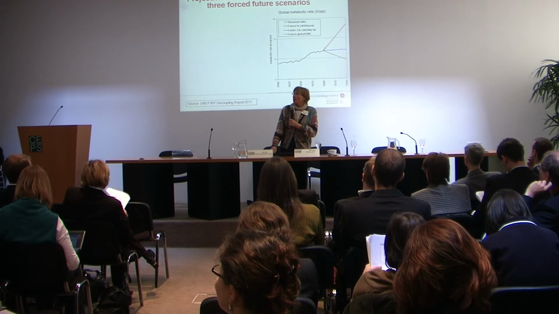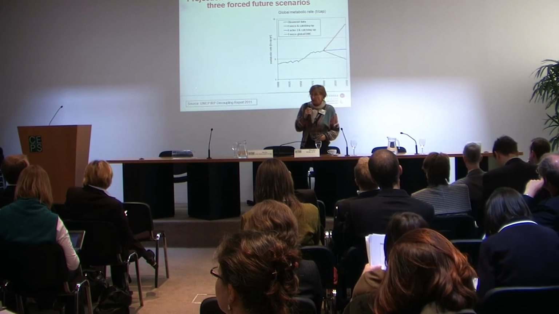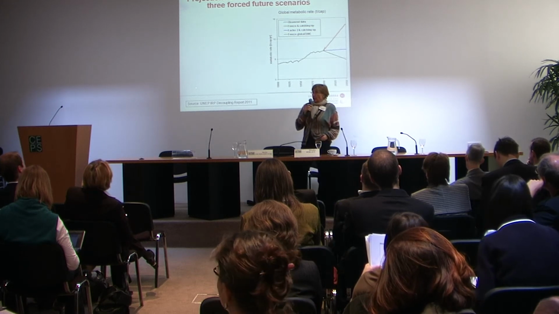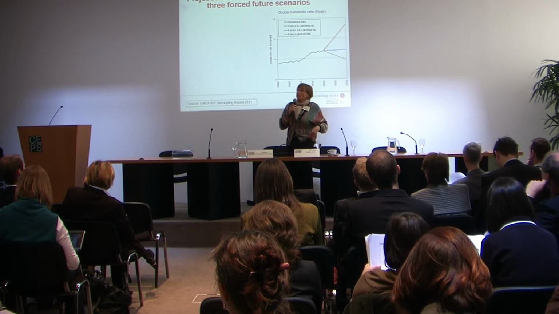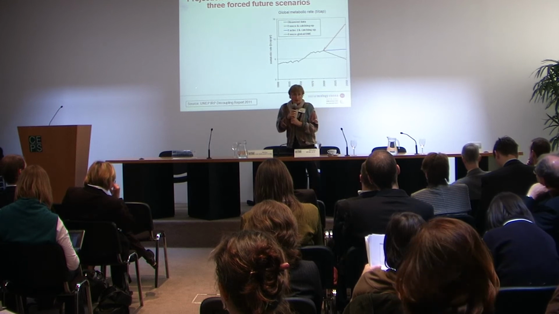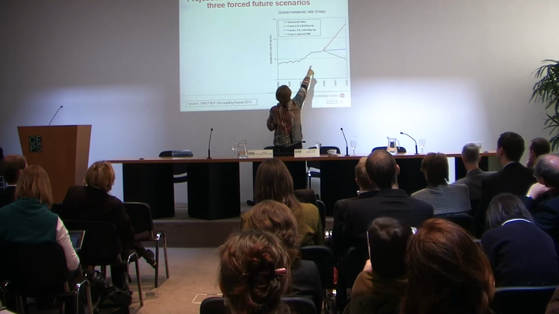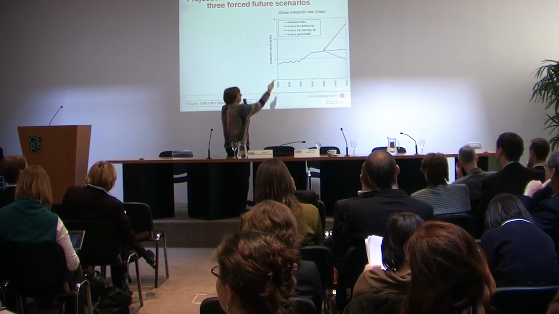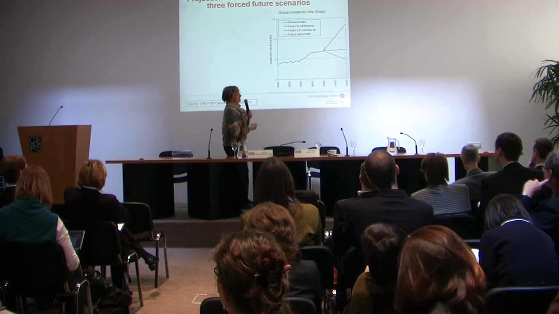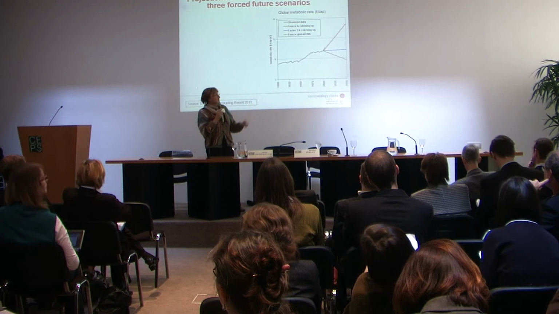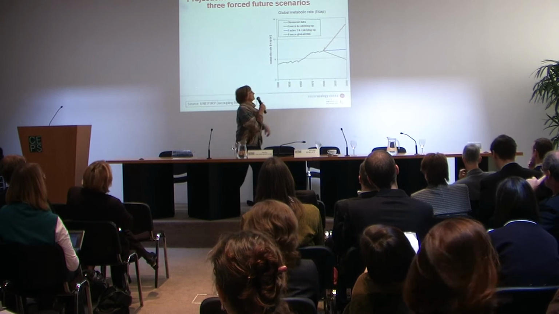Okay, so now finally what UNEP did and will publish on Monday is a projection of resource use up to the year 2050. They call it three forced future scenarios. It starts off with this little snaky curve that you have seen already, that's per capita resource use of materials up to the year 2000. What you see here, this little black tail reaching into the sky, that's the new development since 2000. This is due to developing countries, not to Europe. Europe continues like this.